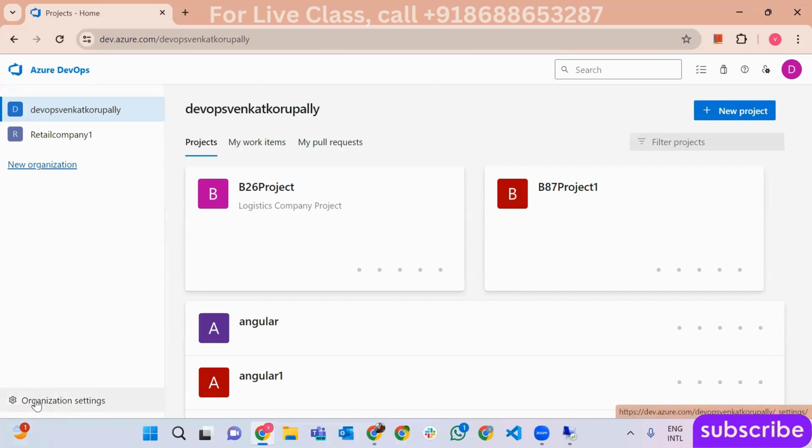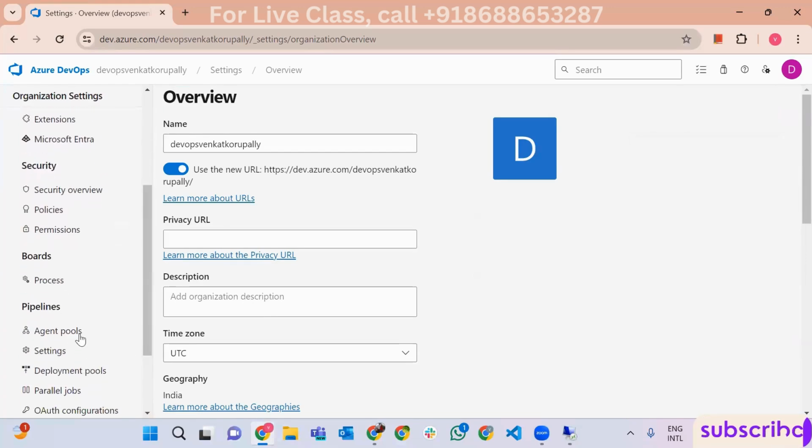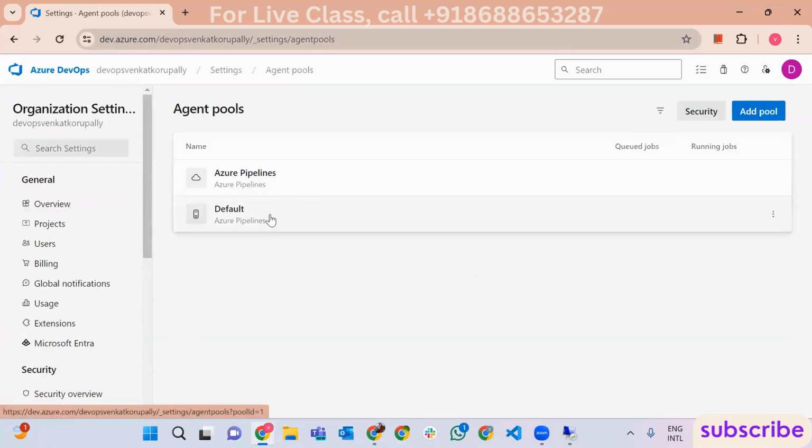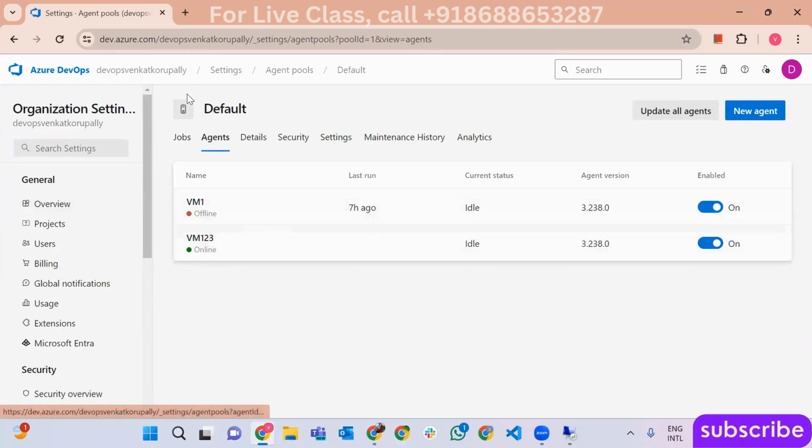Yes, sir. If you open your agent, you can see there is a new agent created in the default agent pool. Can you see this VM123? Right. This is our agent. Now, what you will do, you simply